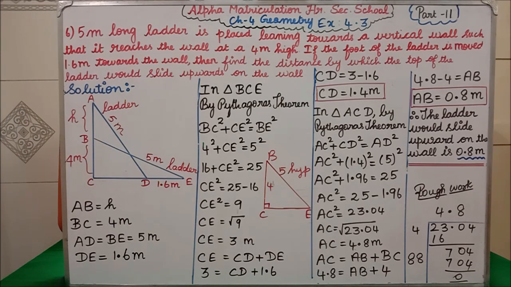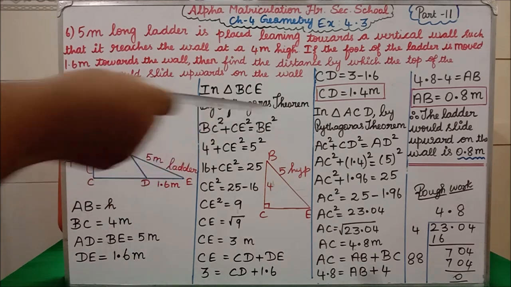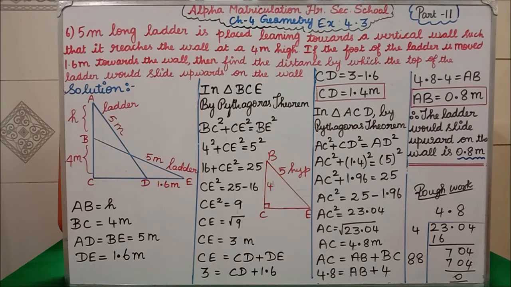According to Pythagoras theorem, hypotenuse side square, isn't it? In this triangle, which is the hypotenuse side? 90 degrees here, opposite to that one, the hypotenuse. So AD square is equal to full length AC square plus CD square. I have written AC square. We don't know, so keep that AC as such, plus CD, this side. We have found that 1.4 meter. So I have written 1.4 the whole square equal to AD's length. Ladder length is 5 the whole square.